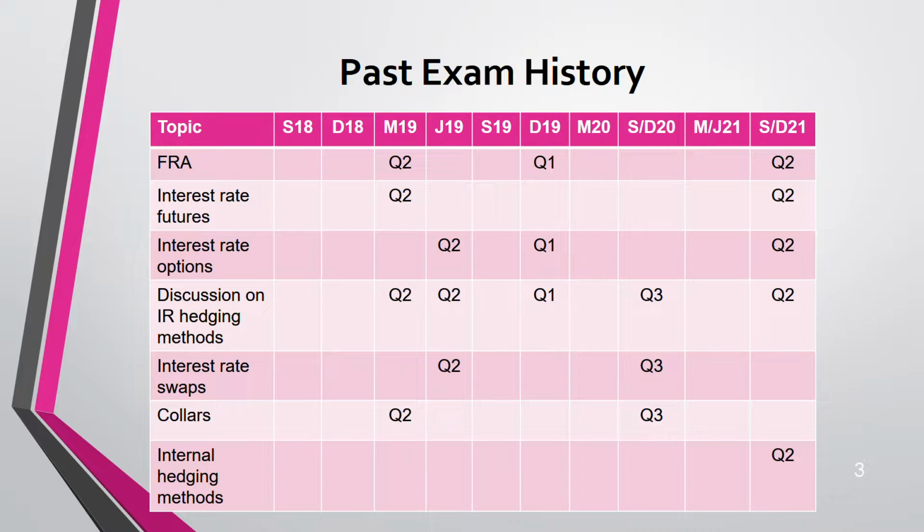And in the same paper you have to discuss which hedging technique is the best. This shows that you will get them together really. It's not possible that you will be asked only one. Option, future, forward, and swap. These four have a very high frequency of coming in your exam.